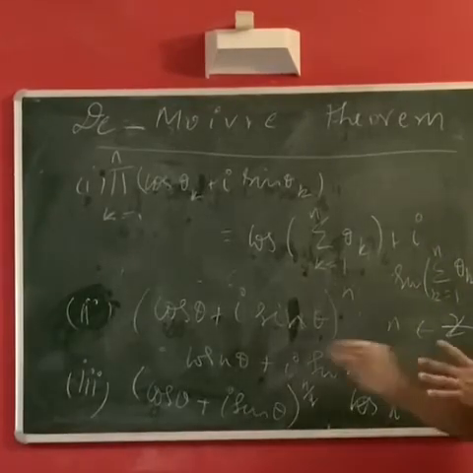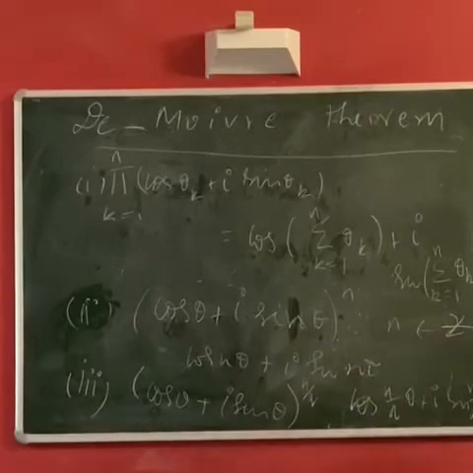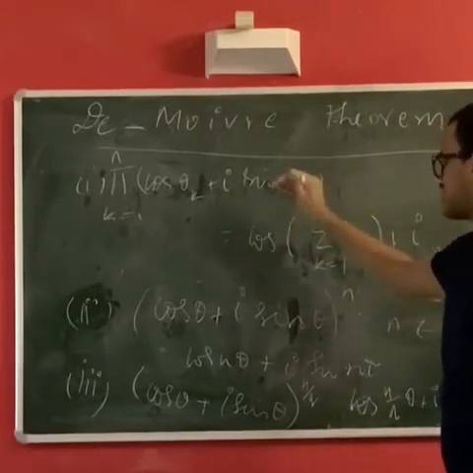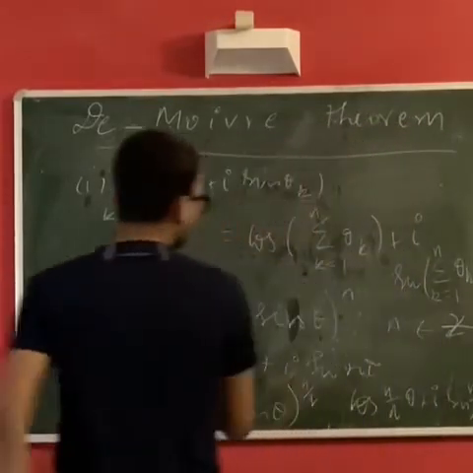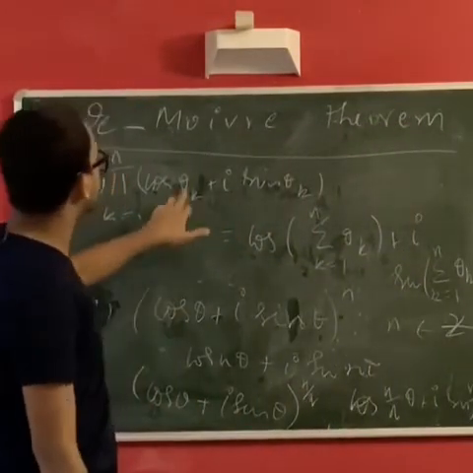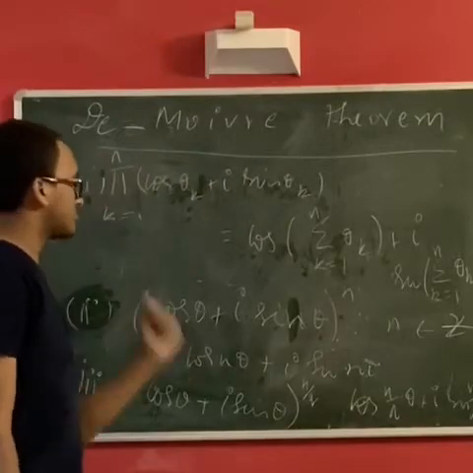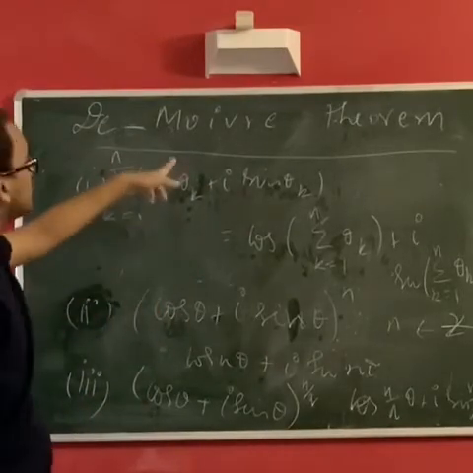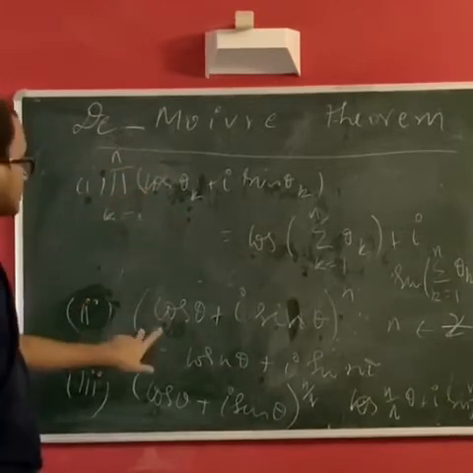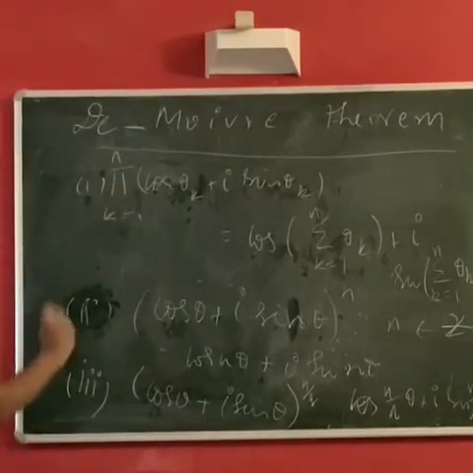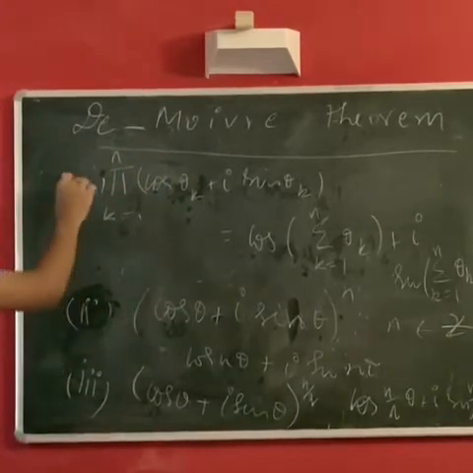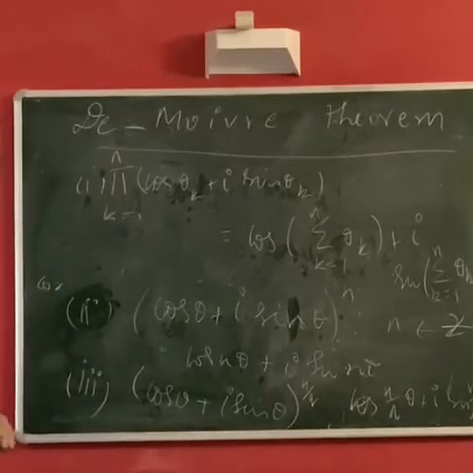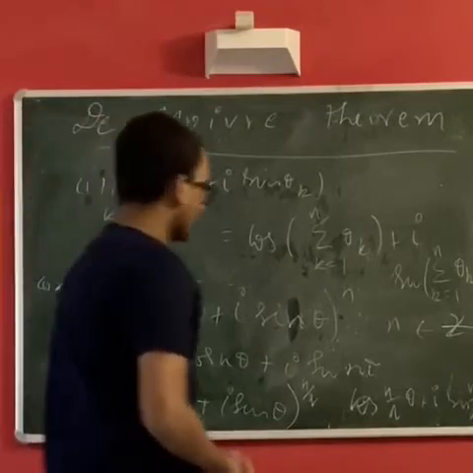So these are the three statements. The first one I'll be proving. The second one I'll tell you how. You should notice the second statement is just a consequence of the first. If you take all theta k's as theta, you get the second statement. So this is just like a corollary of statement 1, although you can write it as another statement. Statement 3 is homework. I'll be proving this next.